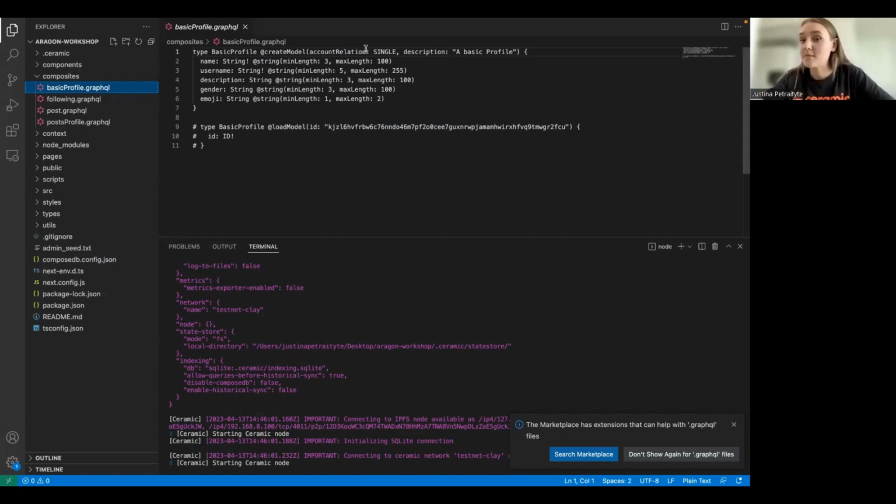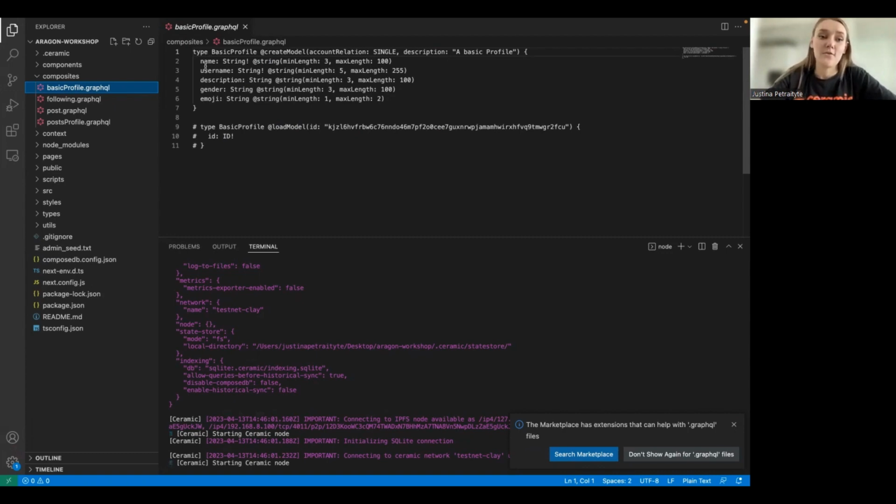That profile obviously can be updated by writing mutations, but in general, it's just one profile that exists at a time for the user. Then you can provide the description, which defines what the model is about. This description is what you will see in the model catalog, and what other developers will see in the model catalog. So you have to make sure that those descriptions are short, but also informative, so that it's easier for other developers to understand what the model is about.